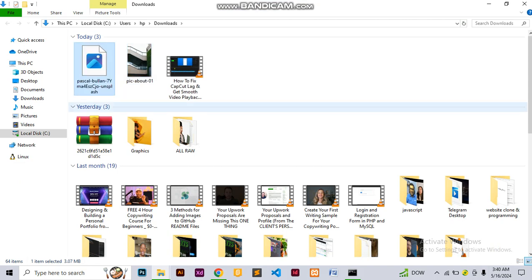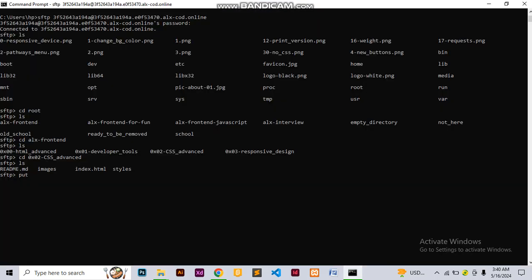So the next thing you have to do now is to go to your CMD. We already have put. You type put, then you write the name of the image. Now you put .jpg. You see. So you click enter. Okay, it said it's not there. Okay, I think it's because